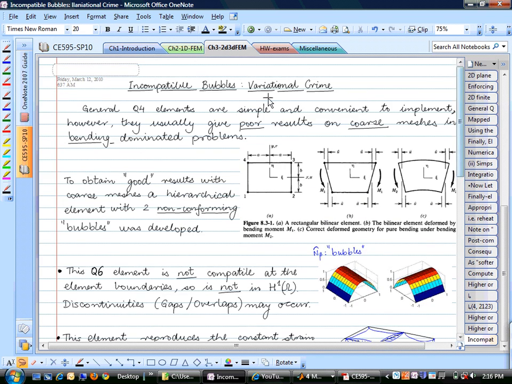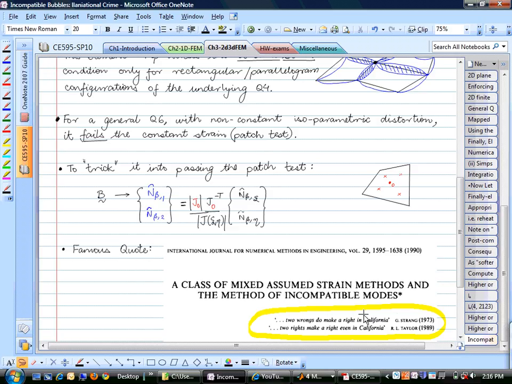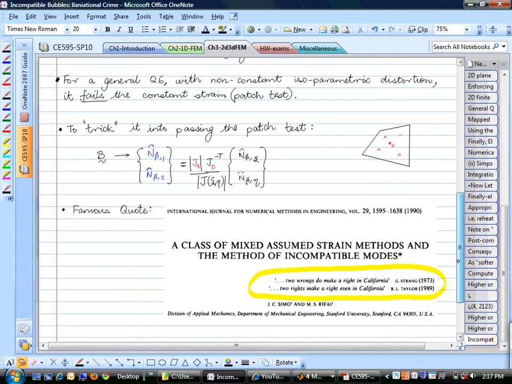So it is technically a variational crime. We've heard that saying, right? That two wrongs don't make a right. And so Gilbert Strang poked fun at Taylor that two wrongs do make a right in California. And this is in 1973 in his book. And so maybe what, 16 years later,